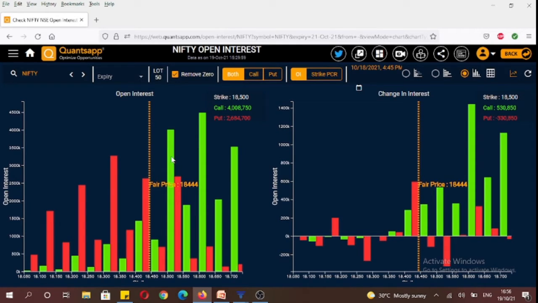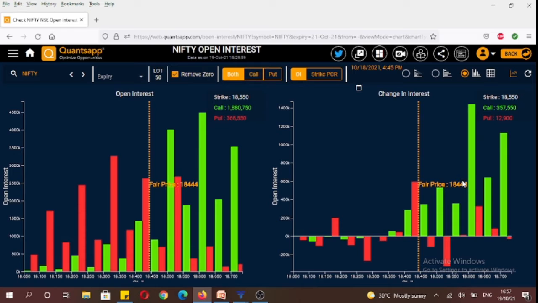18,500 level. And if we see the puts, the highest amount of open interest in puts is at 18,400 put strike and 18,300 put strike. So going forward, 18,300 is likely to act as a strong support for the index. And if you see what happened intraday today, as I have already mentioned, today was a very volatile day,